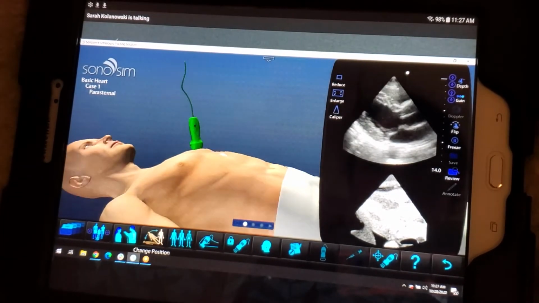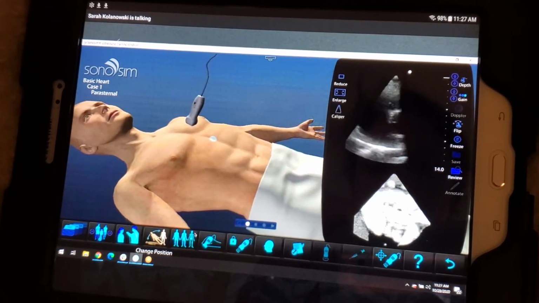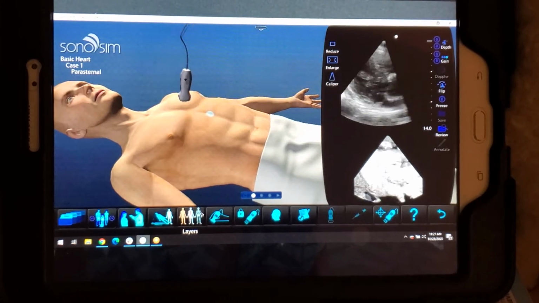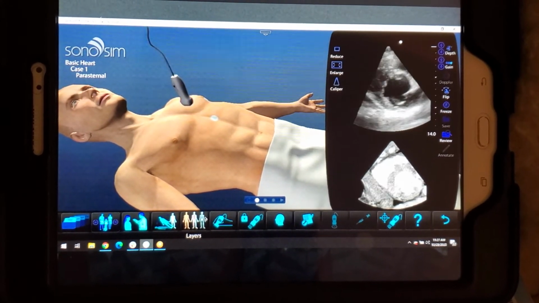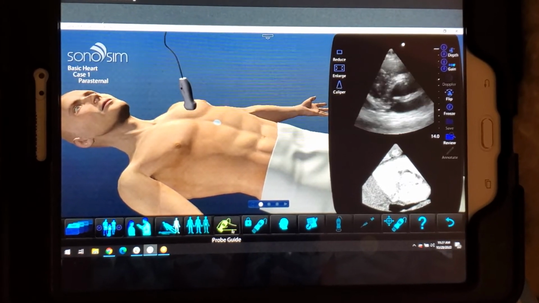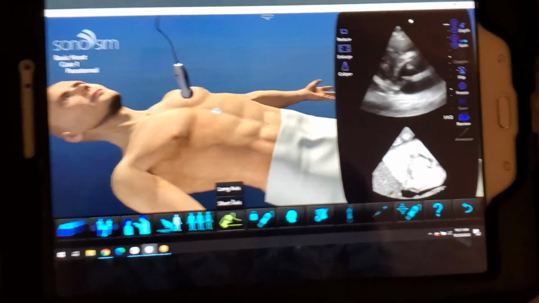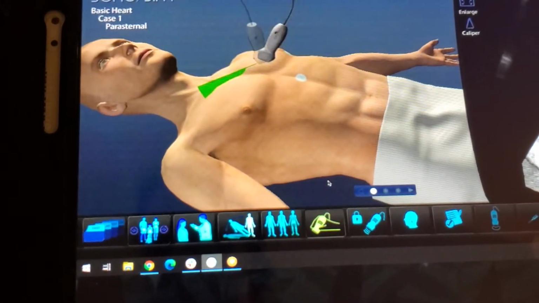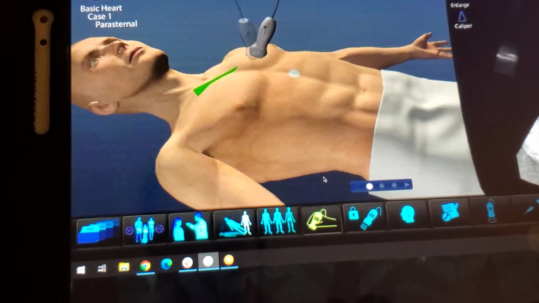I'm going to change the position here just to show you the next feature. Let's say I'm fanning, rocking, and rotating. I just cannot get my probe to highlight green. I have no idea where it should be. Next to our layer tab is this probe guide feature. So if I click on that, you can see the long and short axis. If I click on long axis here, you can see right in front of or next to my actual probe